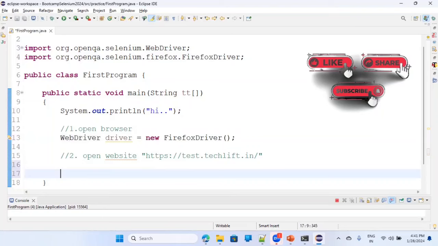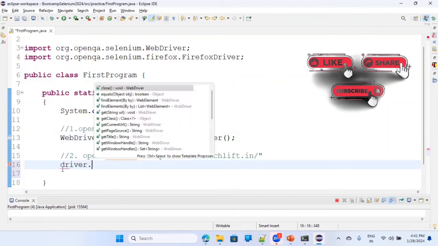Now I want to open this website. Now there are certain commands. There are fixed commands which you can use to do different things. But everything will happen through driver. So your control of this browser which is open is with driver now. Or this name can be anything. Okay. So now I will say